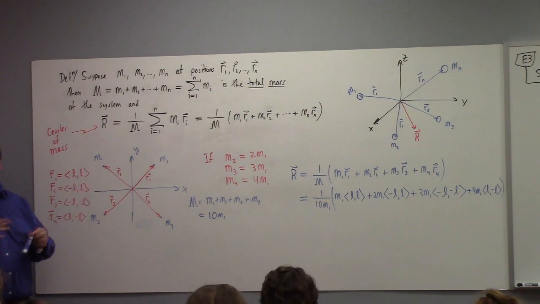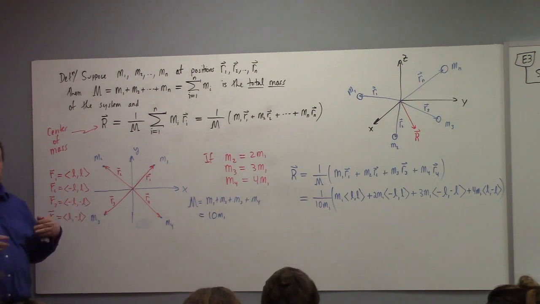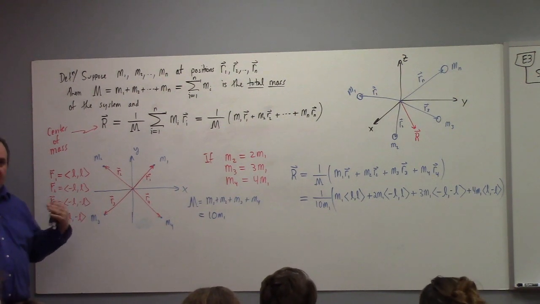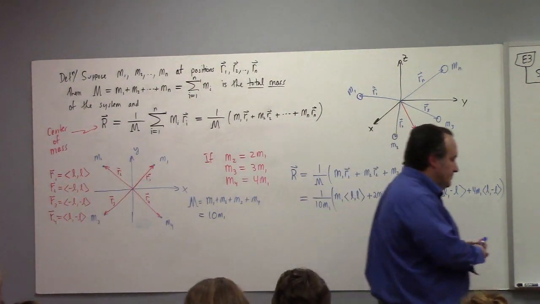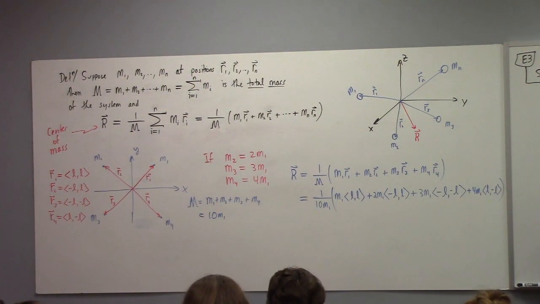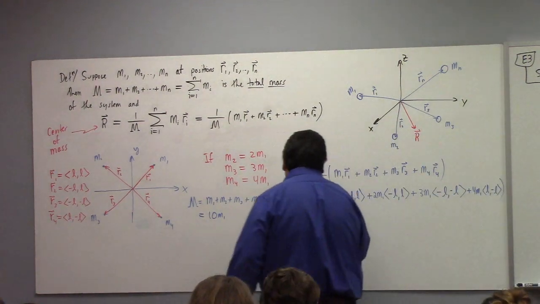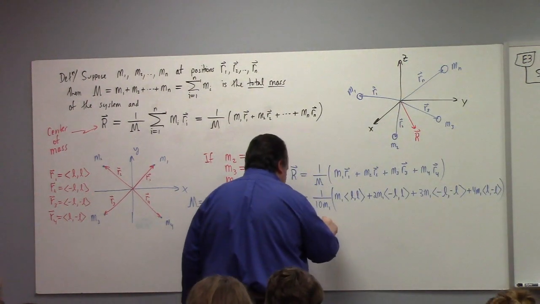The M1s cancel. It wouldn't matter if M1 was 10 kilograms or 1,000 kilograms. The story remains the same here, right? Uh-oh. Oh, man. All right. And so what we have is 1/10